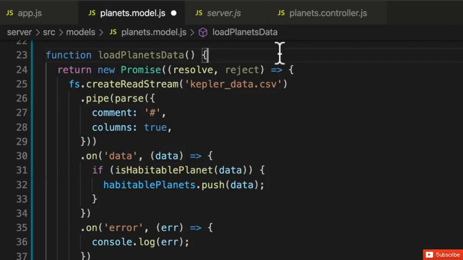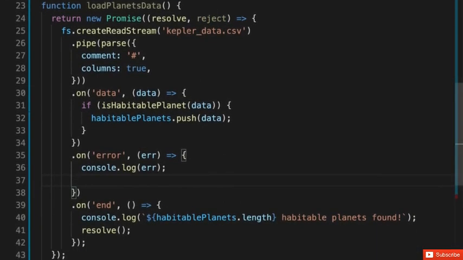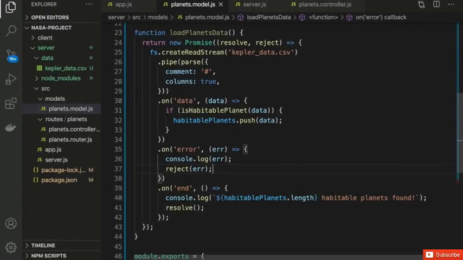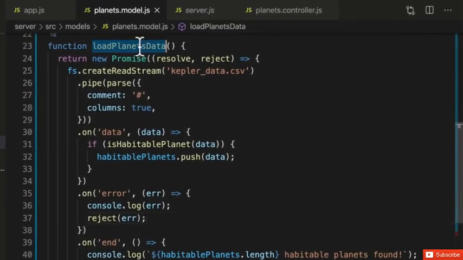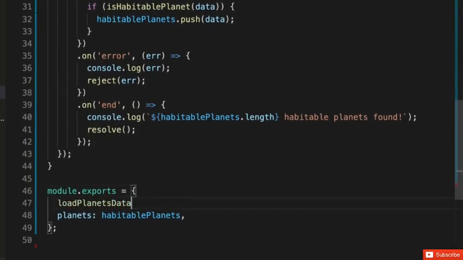The one thing we will do is we'll use this reject function to reject when we get an error on our stream. Reject, and we can optionally pass in the error that we received. Now, depending on what happens in our stream, the promise will react accordingly. We're going to need to use this function when we start our server, so we'll export it just above our